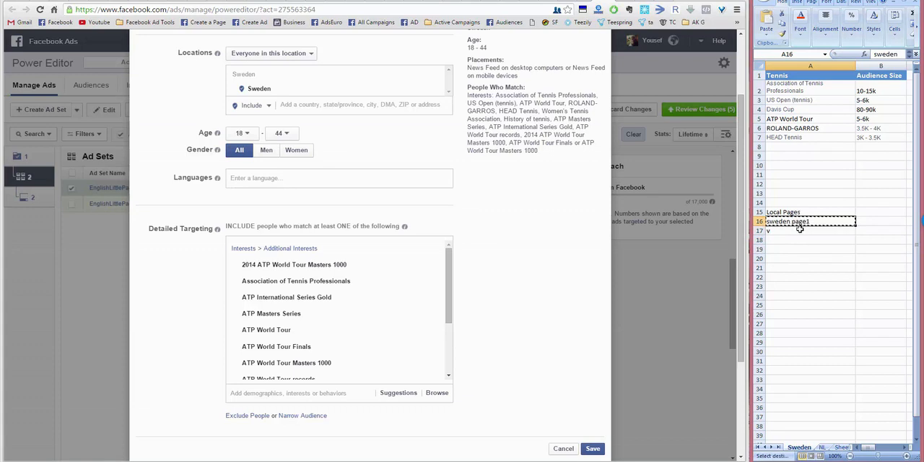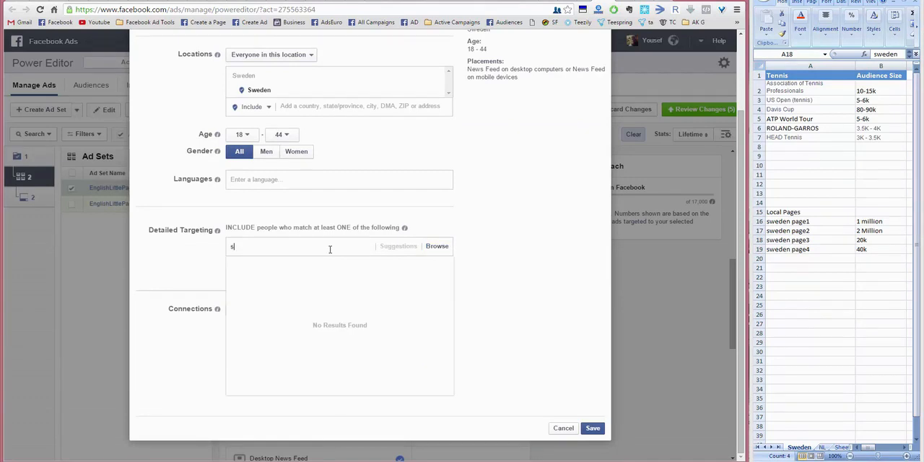Let's see if, oh yeah, it did. So Sweden page 1, Sweden page 2, this is 1 million, let's say, which is not because we couldn't find it, and this 2 million, let's say, and here we would find a 20k or a 50k, 4k or something. So this is Swedish pages, local pages, and this is little interest. So what should I do, you ask me? So I would go here, and I will